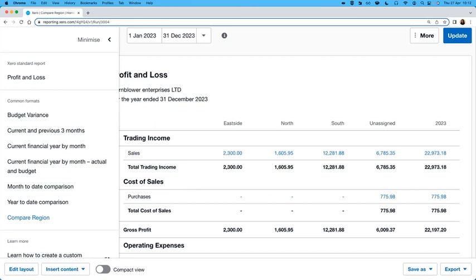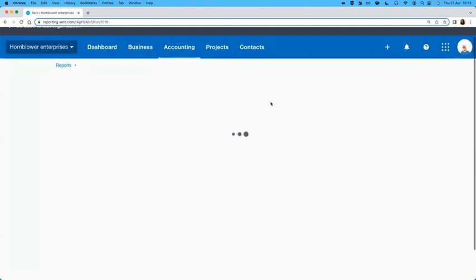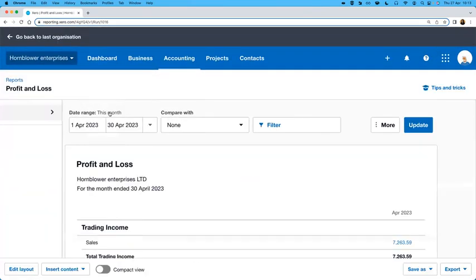And if you've saved any custom versions of the profit and loss before, then you'll be able to see your 5 recently updated custom reports in this panel as well. So you won't have to go looking for them elsewhere. They can all be found there in that collapsible column. Let's head back over to our standardized profit and loss then, and we'll minimize our